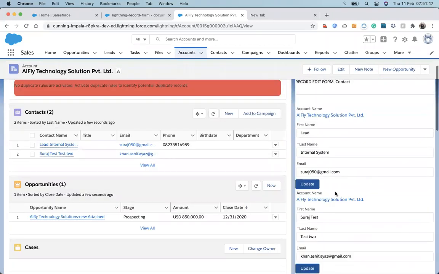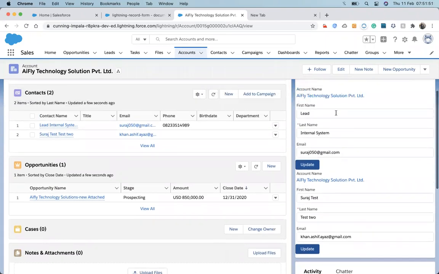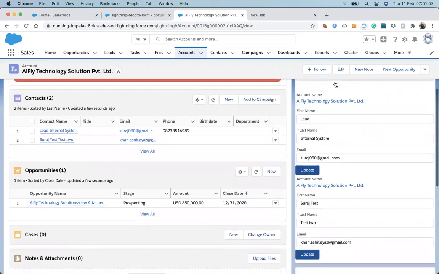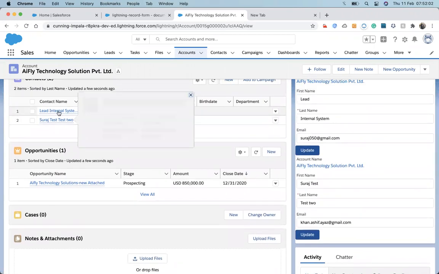Okay, now it's showing. I don't know why it's not updating, so I just need to log out and log in. Okay, now it's showing we can update any of the 2 contact records. So from here, just like that.